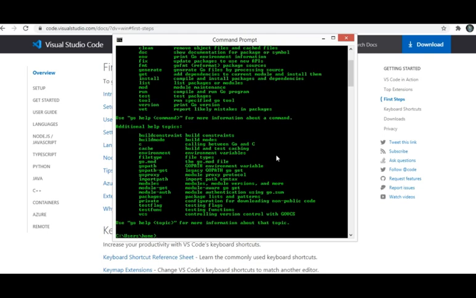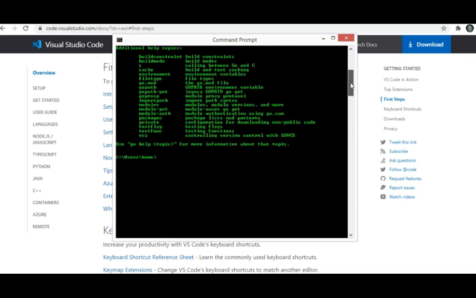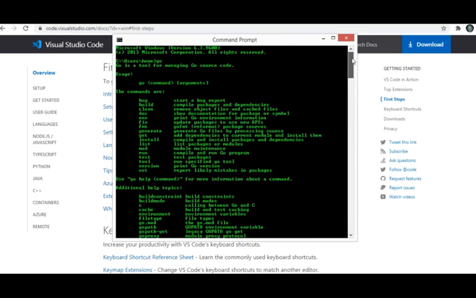So we got all these things, right? If you got all these things, it means the Go programming language has been installed. Go is a tool for managing Go source code, and we got all this output, so it indicates that the Go programming language has been installed successfully.